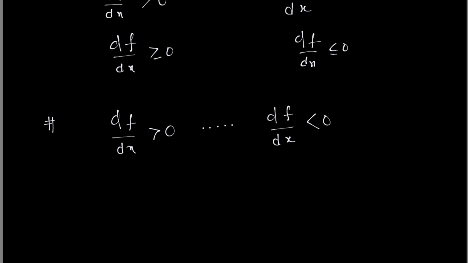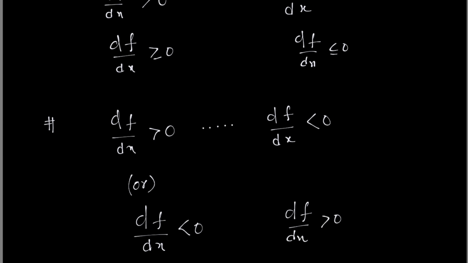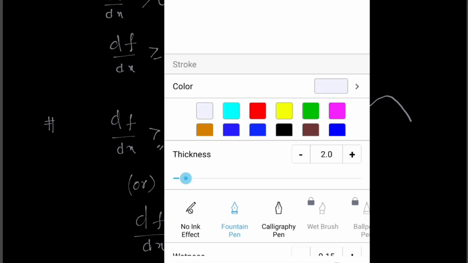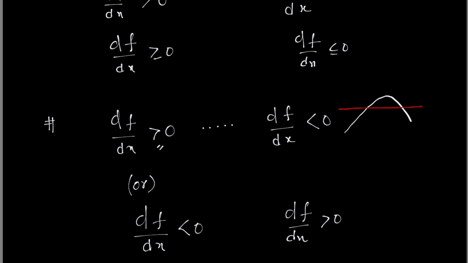If there is a change, meaning increasing is happening and decreasing is happening, or the function whose slope is either decreasing first or increasing next, in this case the function's slope is first getting increased and then getting decreased. When you give a horizontal line test, obviously the horizontal line is cutting at more than one point, meaning the function will be a many one function when there is